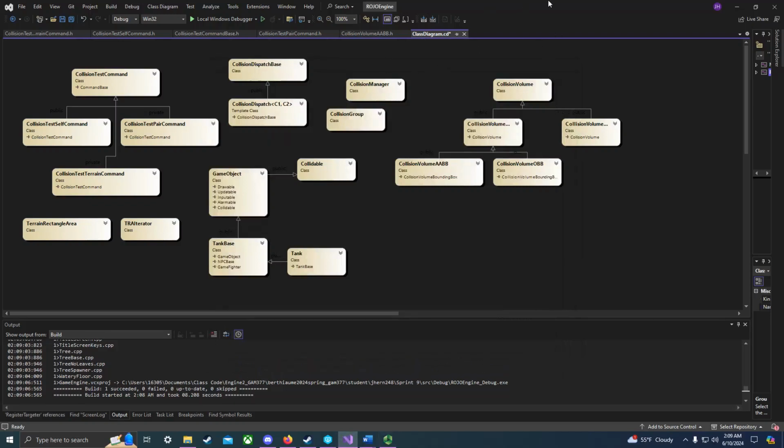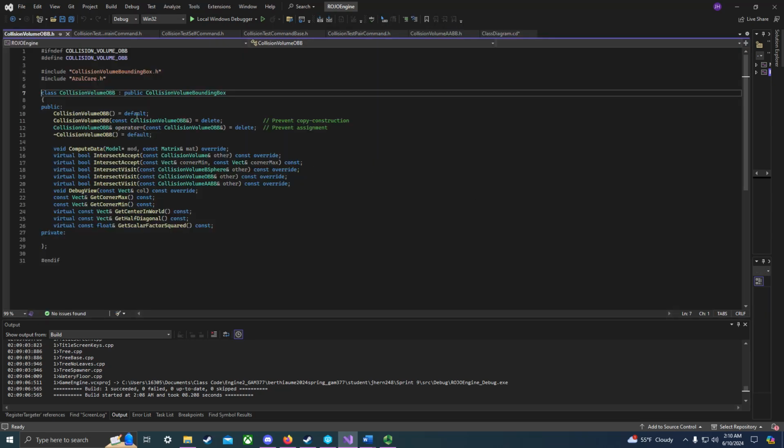Okay, now for the collision system. So here is a class diagram of the overall system. We have our test commands and everything, test terrain, self-pair, TRA iterator, and all our collision volumes. So if we want to go ahead and look first at the collision volumes, so over here in the test